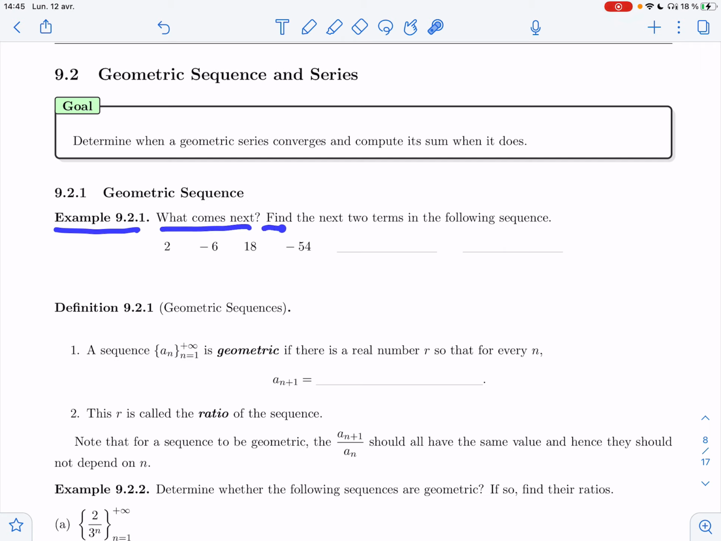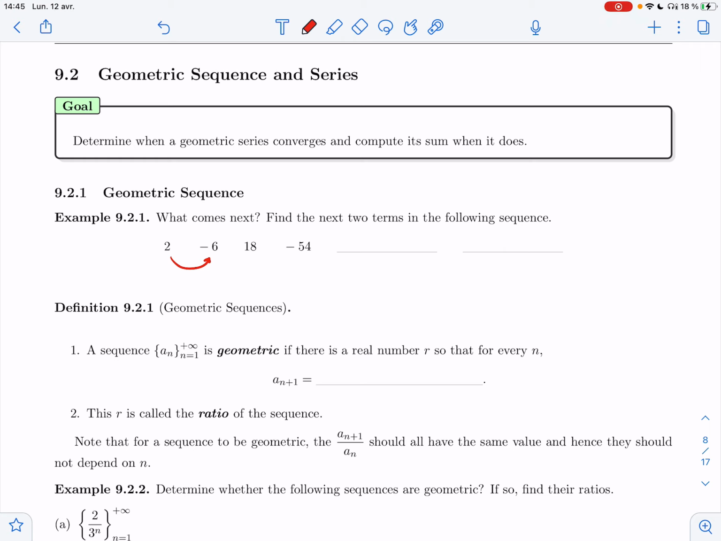What comes next? Find the next two terms in the following sequence. So it starts with 2, then minus 6, then 18, minus 54, and you need to come up with the next two. This is something that appears in IQ tests. I don't know if you've ever taken one. All right, so